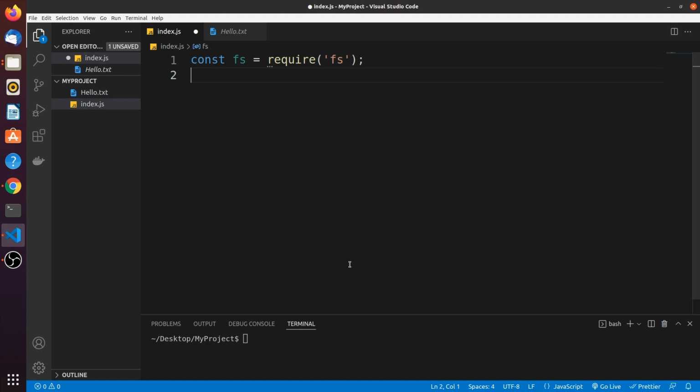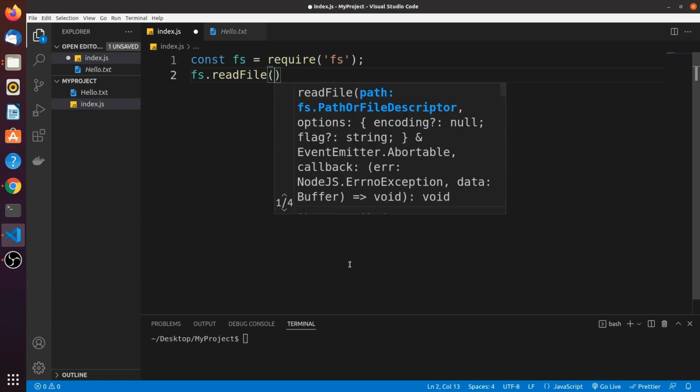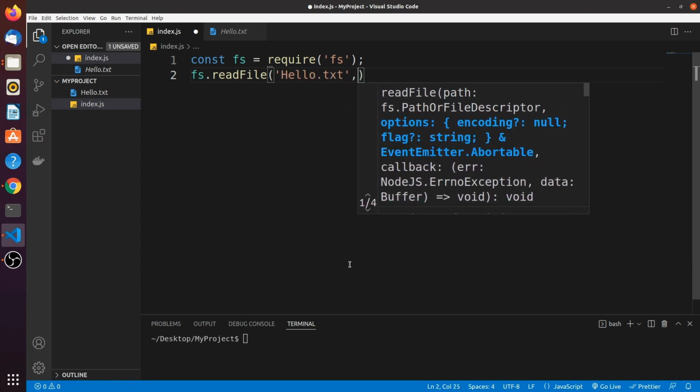The FS module has many inbuilt methods. To explore, we can visit the documentation on the Node.js official site. Coming back to code, let us write fs.readFile('hello.txt', function (error, data) {